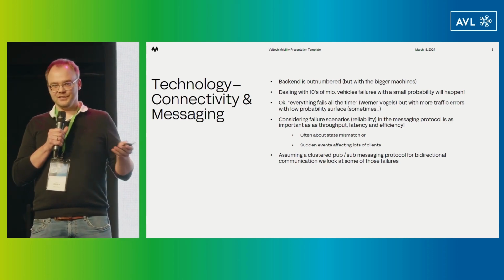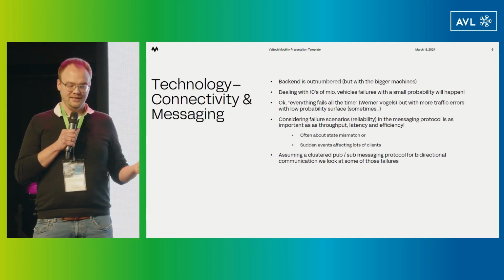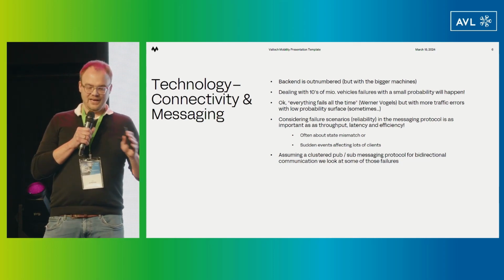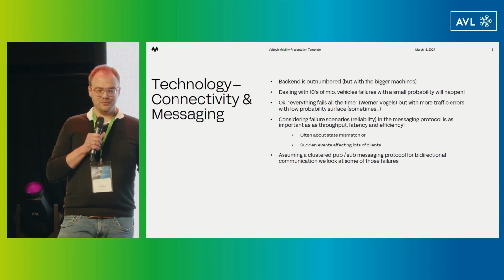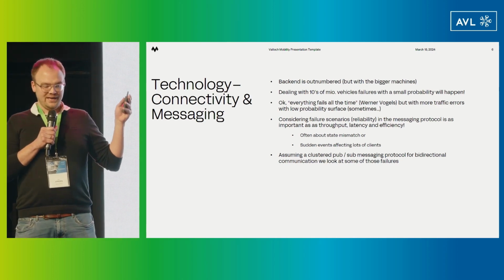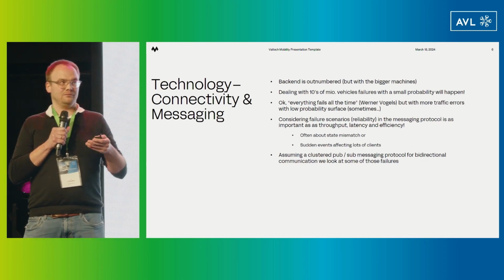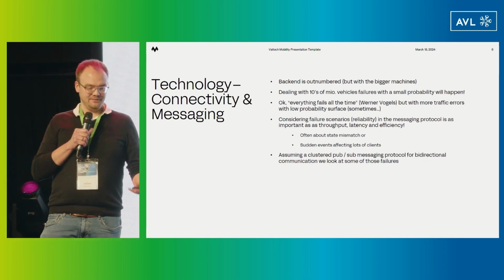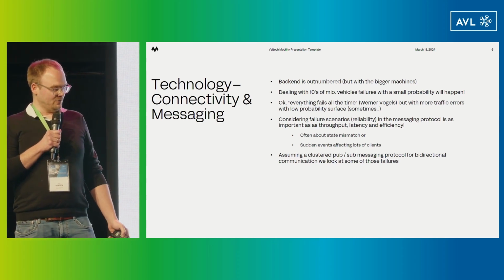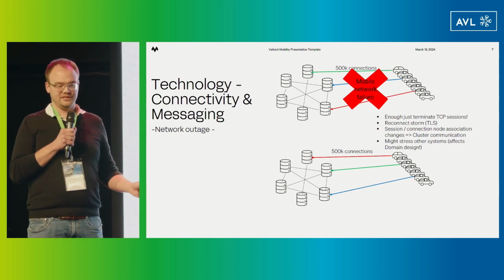Most of the messaging protocols have papers about how much data and how many messages they can process. It's all well and super cool, but it's also important how to handle certain failure cases, especially when sudden events like disconnects happen for a lot of clients, or state mismatch or something like this. In the next few slides, I will show some of those failure scenarios you have to consider.